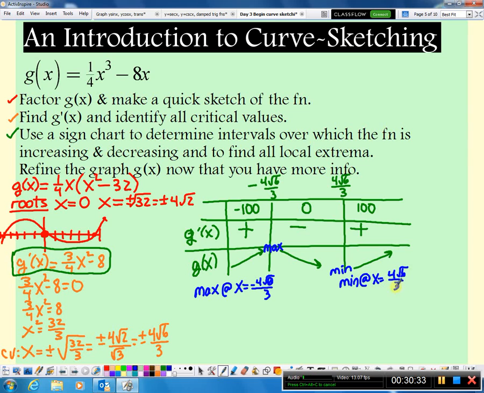But what I want to do is get a really good graph that's more specific for f of x. And I'll let you find the y values on your calculators. So let's plug 4 square root 6 over 3 into your original g of x. Okay, so we need to find y values. When I do g of negative 4 square root 6 over 3,